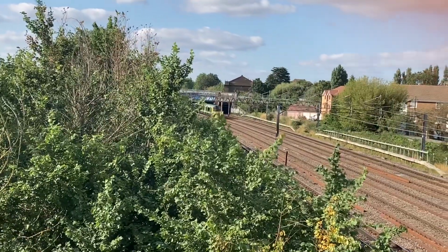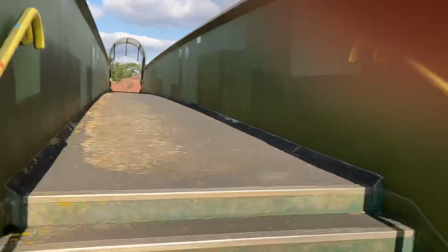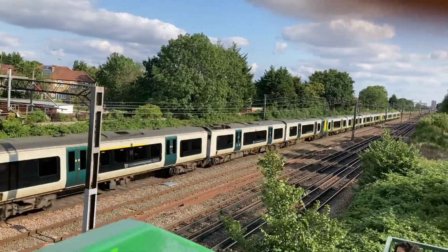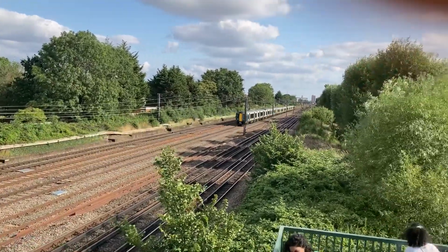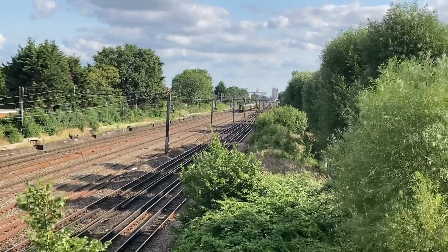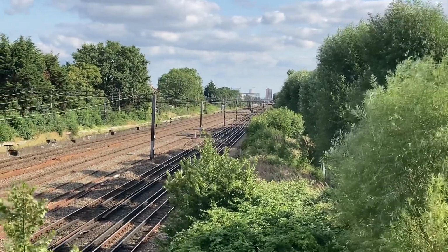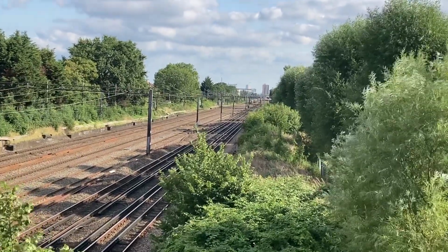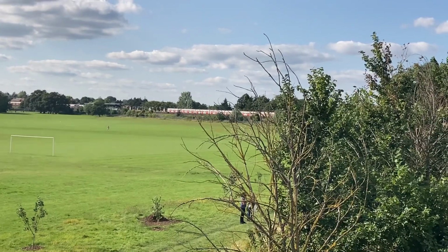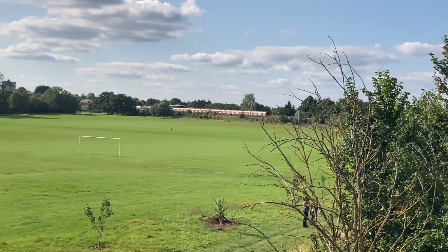And here are some London Northwestern 350s from Milton Keynes Central to London Euston, 350-260, 350-255 and 350-262. And that 319 was actually from London Euston to Northampton. And the service which we just had come through going northbound on our slow lines was from London Euston to Tring. And here's a Metropolitan line service heading off to Northwick Park with some kind of awful tones, really, although